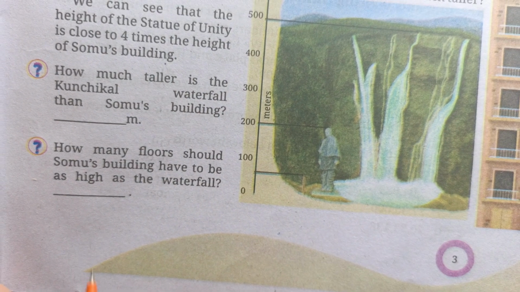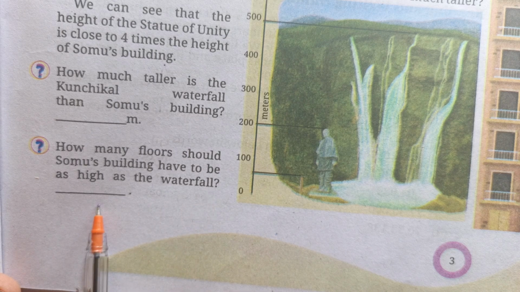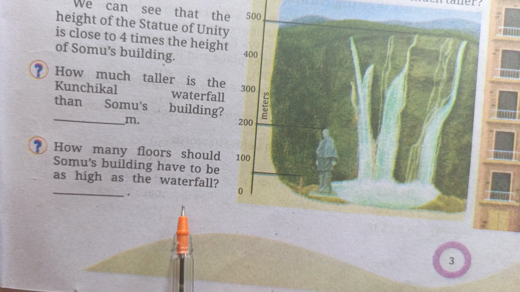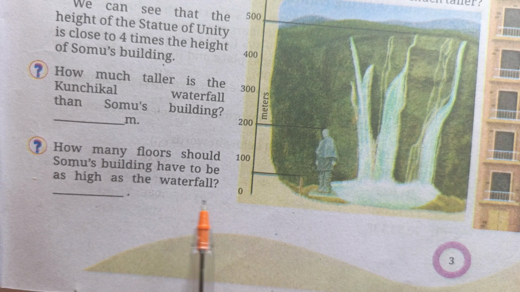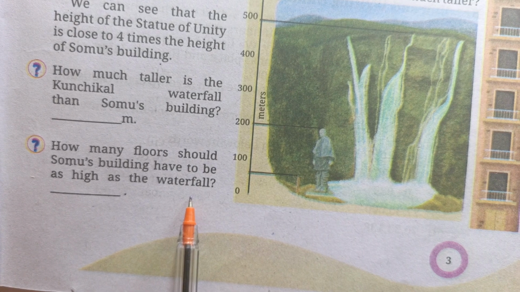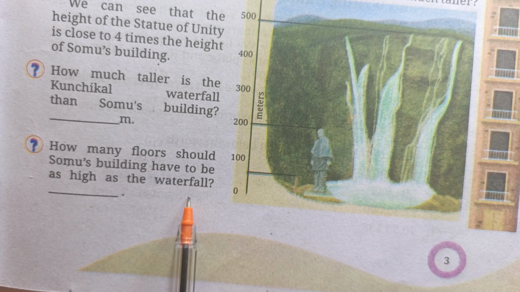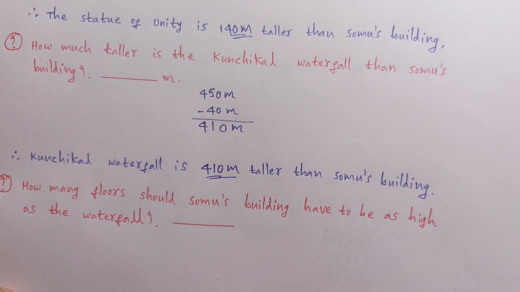Now in the same question, the third one is: how many floors should Somu's building have to be as high as the waterfall? For example, if you want to construct Somu's building whose height almost equals this waterfall. Actually total 10 floors are there. Now if you want to equal both heights, how many floors should be there in that building in order to match approximately 450 meters? So here the simple logic is